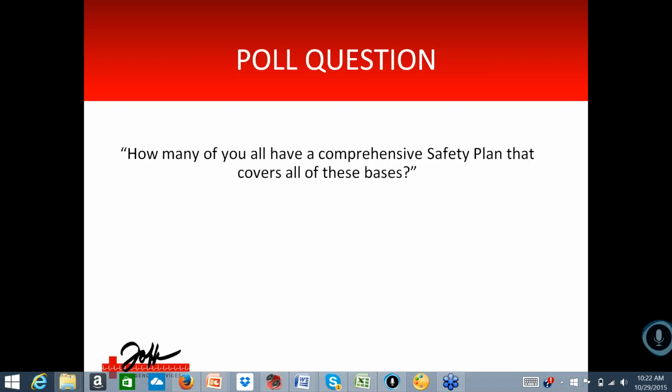Okay, so it looks like we're sitting at about a 50-50 as well. So again, safety plans are really, really important. Now speaking about it after the fact, I hope that you understand that having everything all in one place really makes more sense, and it really helps in the event of an emergency. Just having everything there for you to grab, so you don't have to run around grabbing a whole bunch of different sheets, and something that actually answers all of those really hard questions.